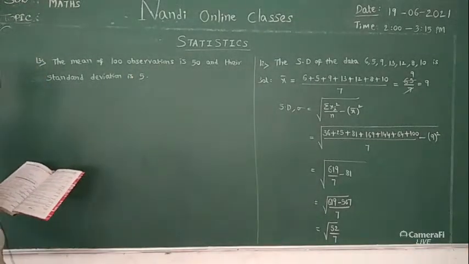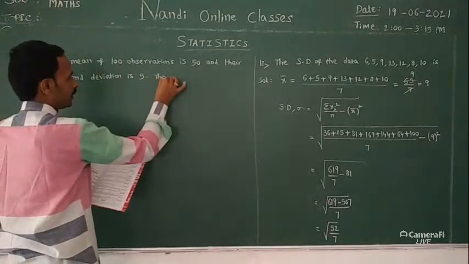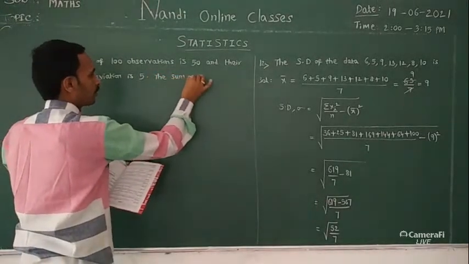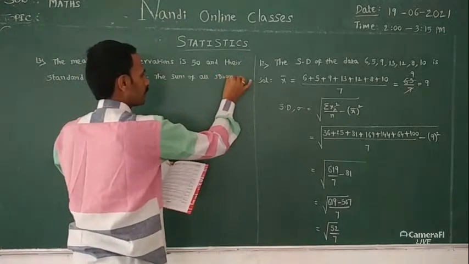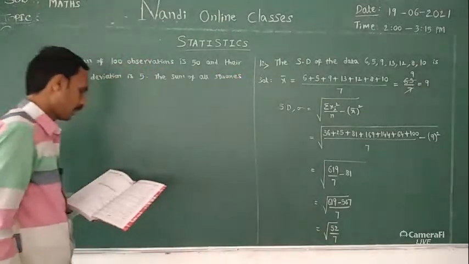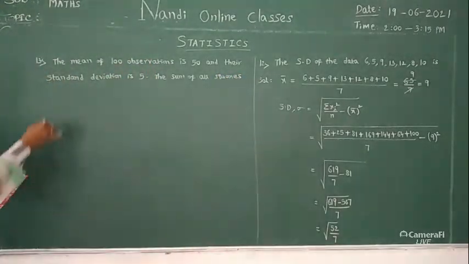The sum of all squares of all the observations is